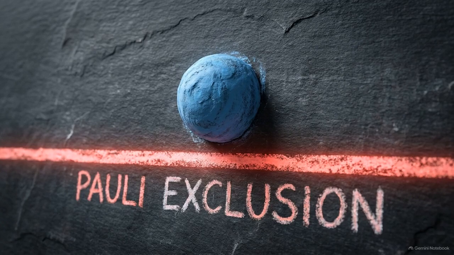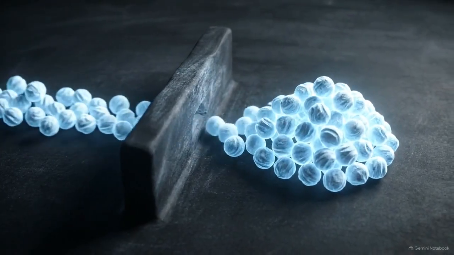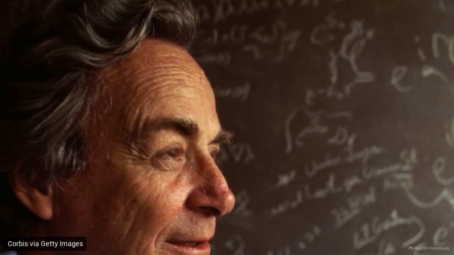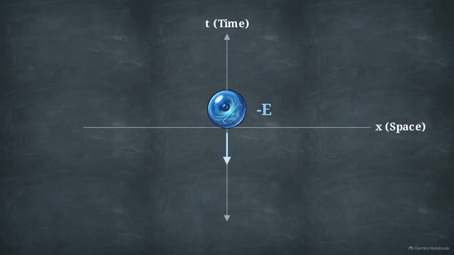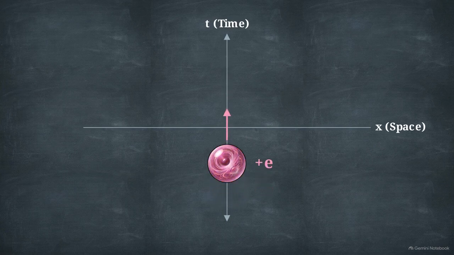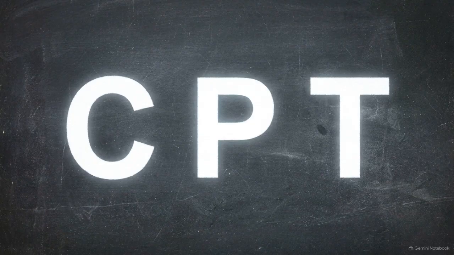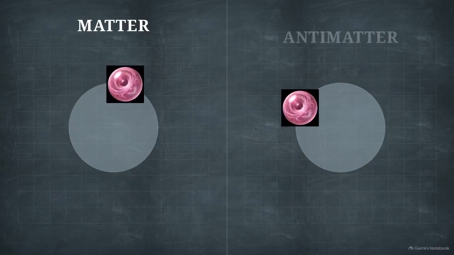Because this model relies entirely on the Pauli exclusion principle to prevent normal electrons from falling into those negative states, it completely fails to explain the existence of antimatter for bosons, which do not obey this exclusion principle. A universal resolution arrived through the work of Richard Feynman and Ernst Stueckelberg, who applied a strict standard of causality to the mathematics. If a negative energy state propagates backward in time, the equations behave consistently with causality. Reversing that temporal trajectory mathematically requires reversing the charge, transforming an electron moving backward into a positively charged positron moving forward. This causality fix establishes the requirements for CPT symmetry.